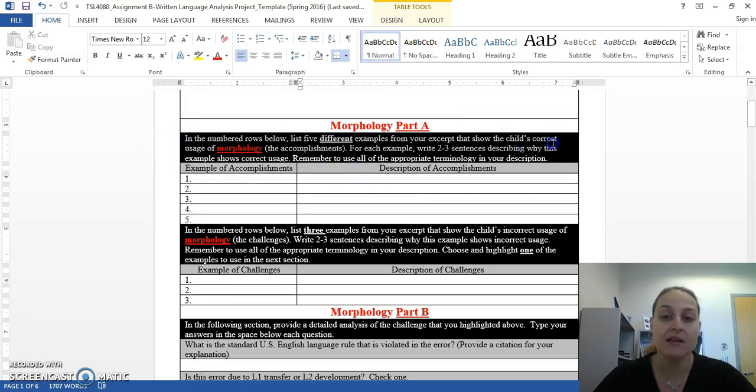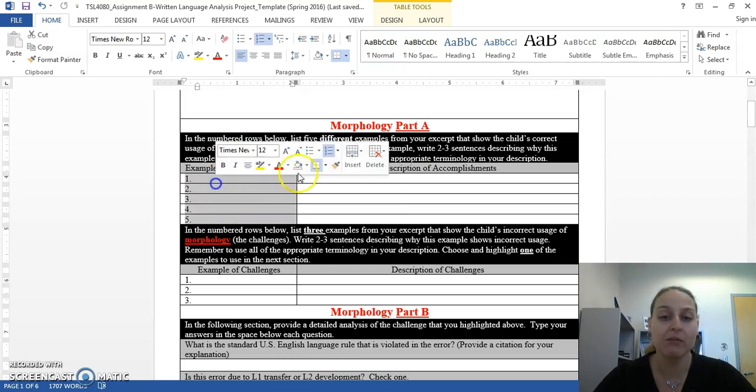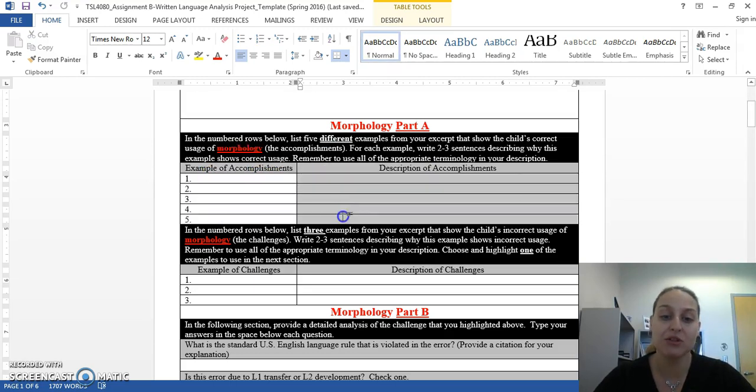And remember that the directions are given above every single section. Okay, so if you read the directions and you complete the table in that format, you shouldn't have a problem. Okay, so you would list the example of the accomplishments and you would describe why these are accomplishments. In a very similar way that we've been doing in every PowerPoint, okay? In every, after morphology, syntax, and semantics, I went through an example with you at the end of the PowerPoint,